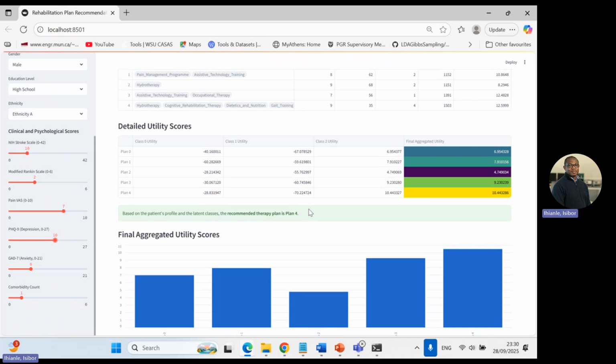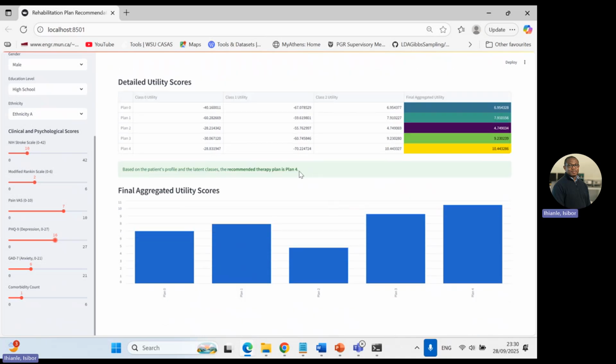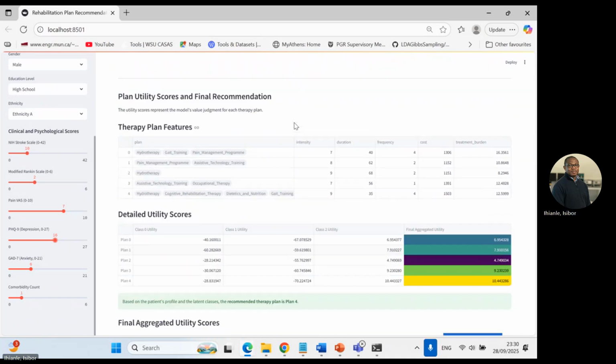What we get is a patient who is now recommended therapy plan 4. Now, therapy plan 4, based on the AI engine that runs beneath it, has the highest probable score here, and the score is also reflected in the detailed utility score. The question is, what does plan 4 represent? Plan 4 represents